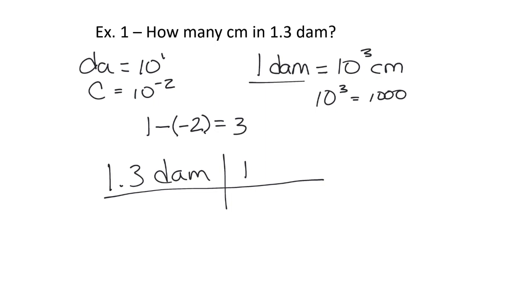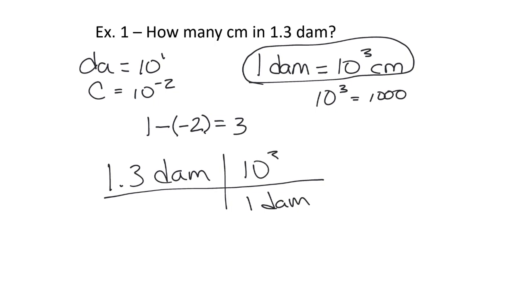Now, this is my conversion factor. So if you remember when we did dimensional analysis, we got to find the 1 and what's not the 1. So the 1 comes down here because we have 1 decameter. So that goes there, and then we have 10 to the 3 centimeters up top because the decameters cancel. So now 1.3 times 10 to the third,